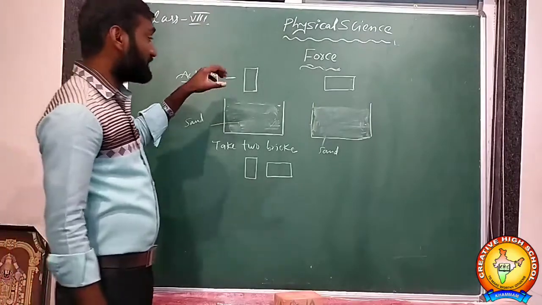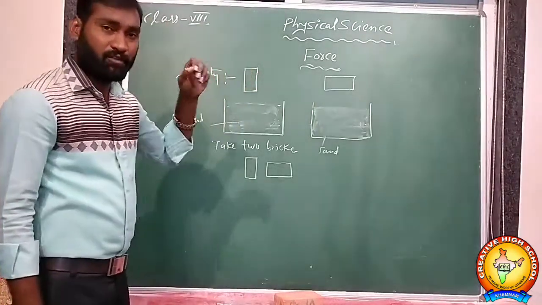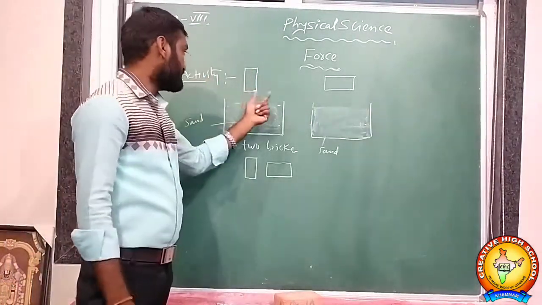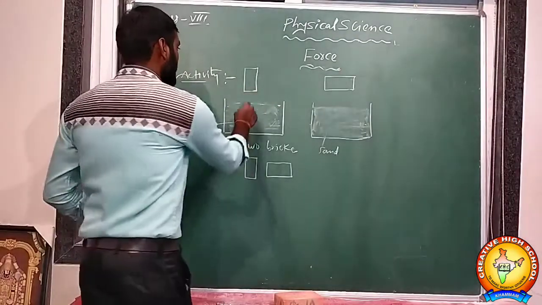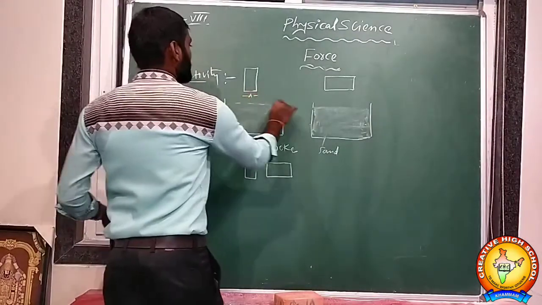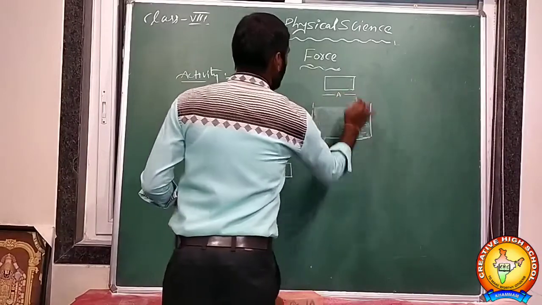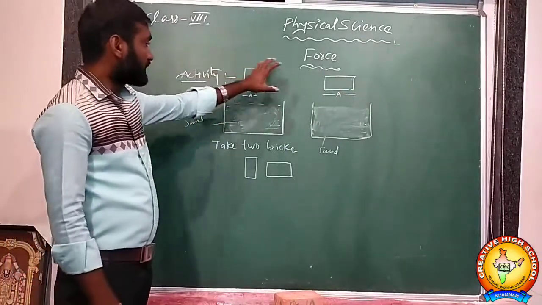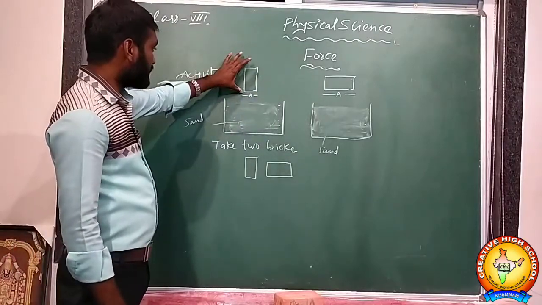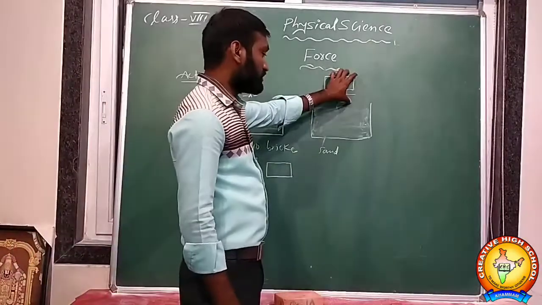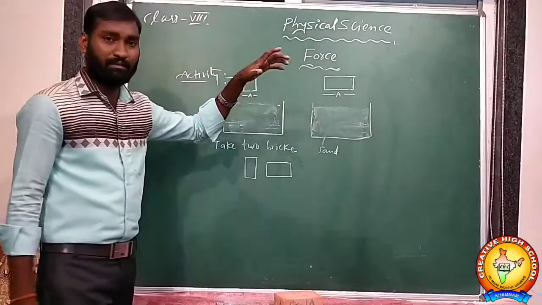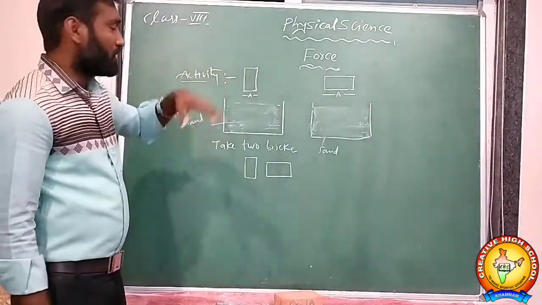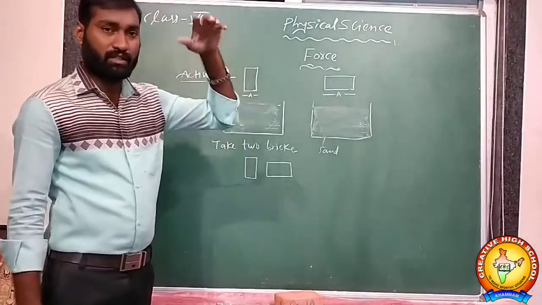Because you are applying the same force with different dimensions. This is the area of cross section. So now we can leave them from the same height. Brick 1 is in vertical position, and this brick is in horizontal position. Leave the 2 bricks from the same height with the same applying force. You can now leave the 2 bricks into the sand.